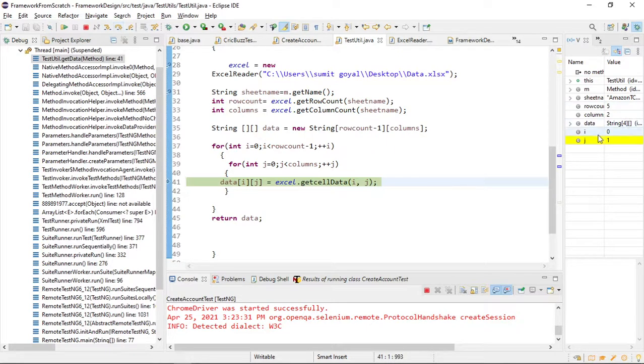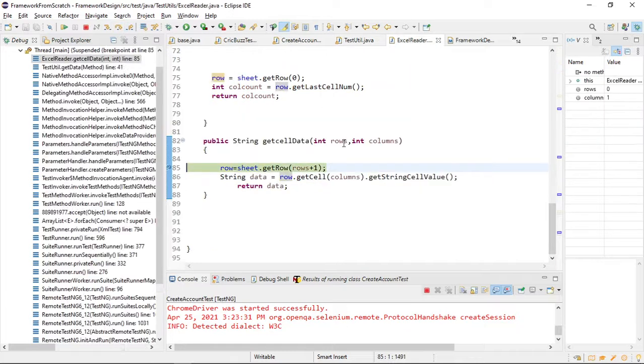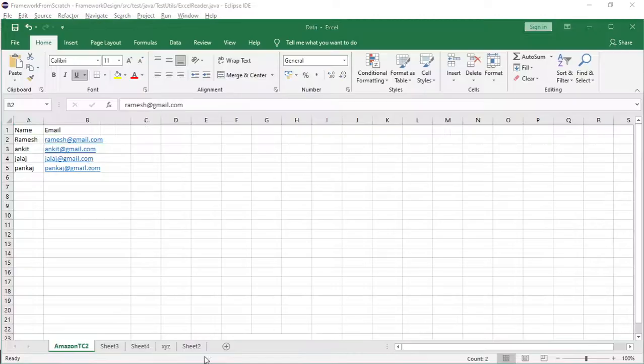You can see on the right hand side as well, 0 1. If I go inside again, now row value is 0, column value is 1. And again I'm saying I do not want to get the row which is present at index number 0. So I'm saying row plus 1. Now this will give me the second row, which is 0 1. So now again you can see, once I am getting this particular row, which is again the same second row, I want to get this one.